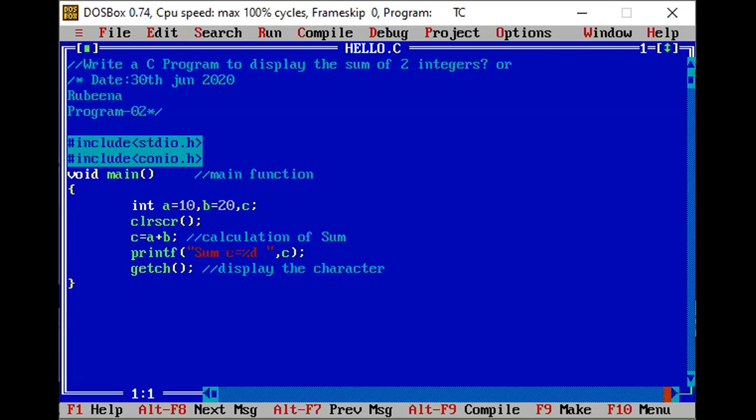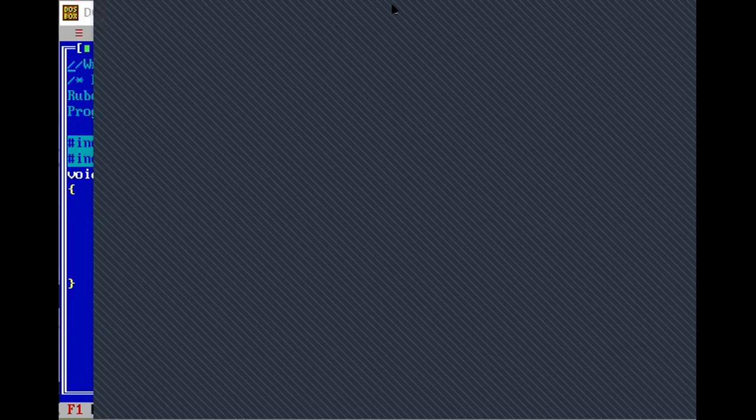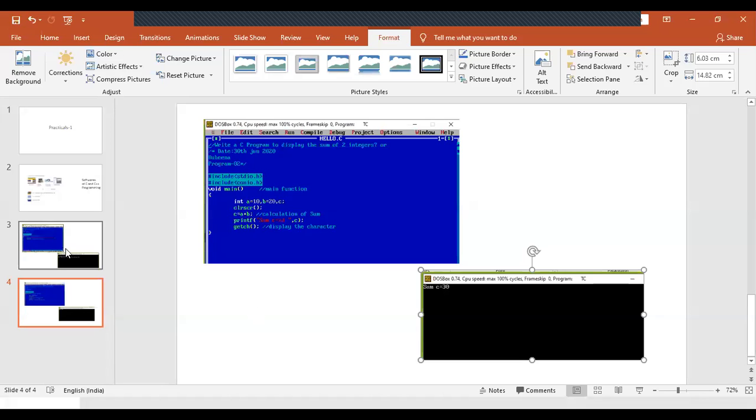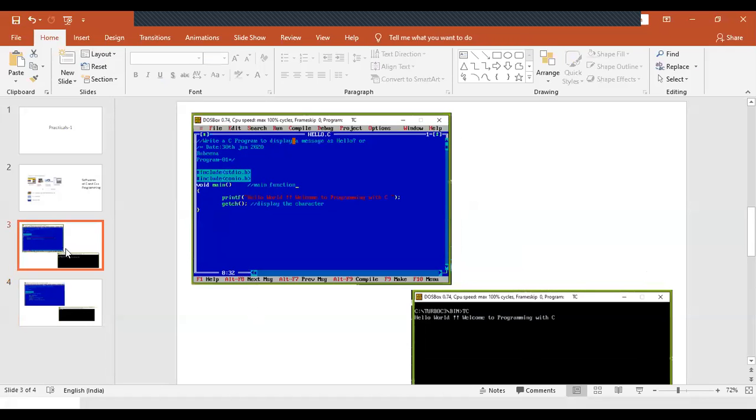So these are the two programs that we have executed today. Let us go to the review option, and I can give you a small assignment for today. Practice these two programs, and then you can come to the next class for executing new programs. Let us have a revision of whatever we have executed in today's video.